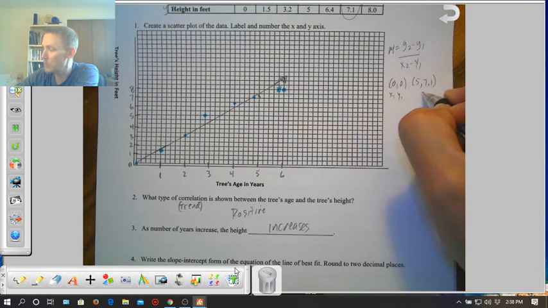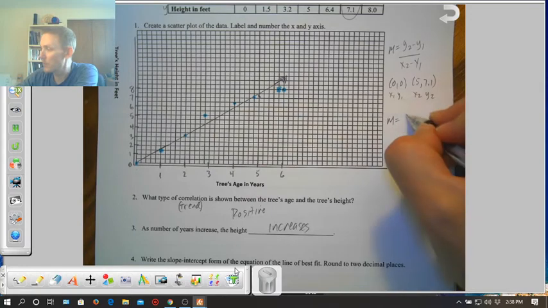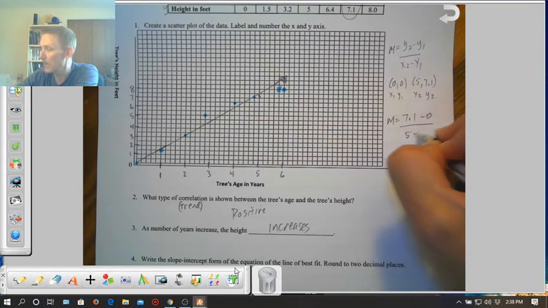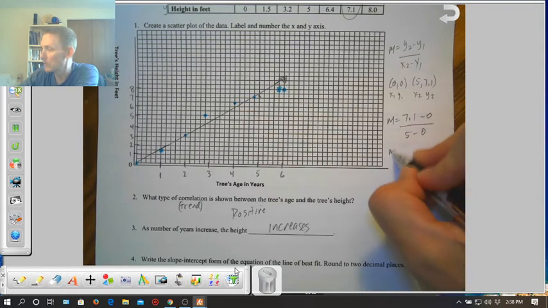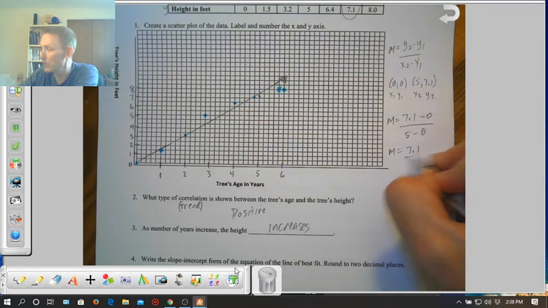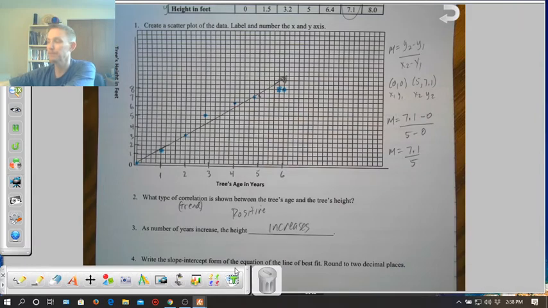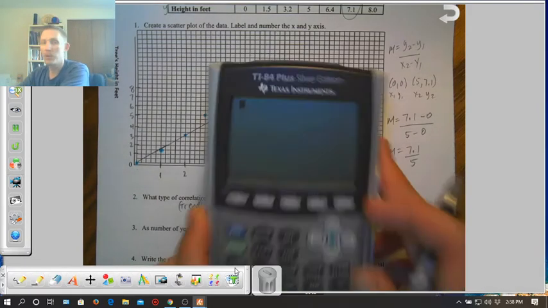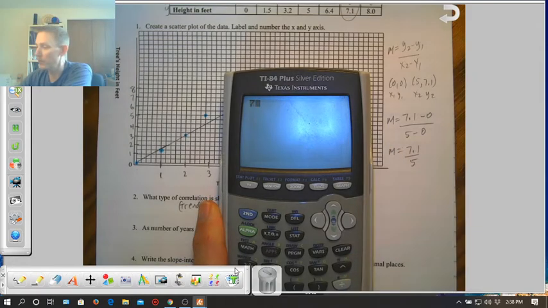So we're going to go x1, y1, x2, y2. Well, y2 is 7.1 minus 0 and 5 minus 0. So m equals 7.1 over 5. Well, let's go ahead and get a decimal answer for that. So I'm going to put that into the calculator, and I'm going to go 7.1 divided by 5. Gives me a slope that is